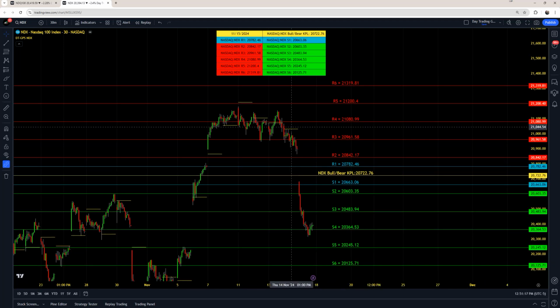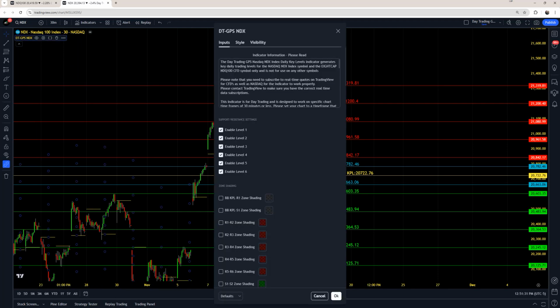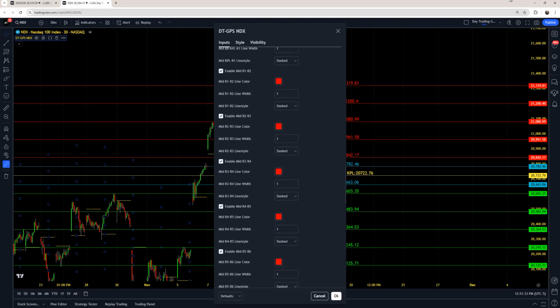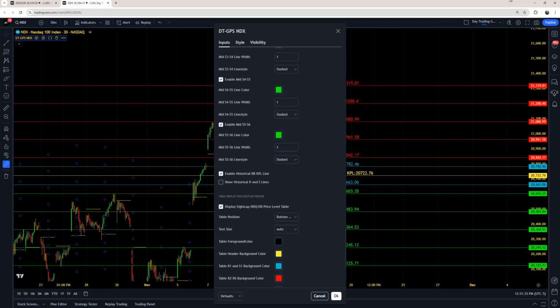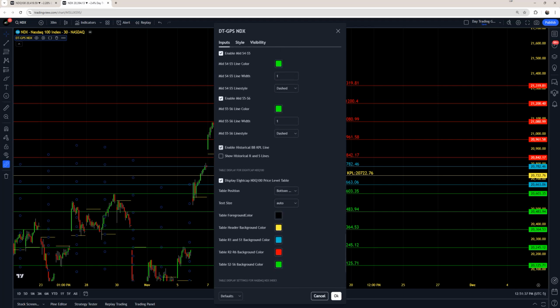And what you will see here, starting with the closest one, this is the one for yesterday, then the day before that, etc. as we move on back in time. Now, if you are turning on this particular function, as far as just showing only the historical bull bear KPL line, it works best if you have your